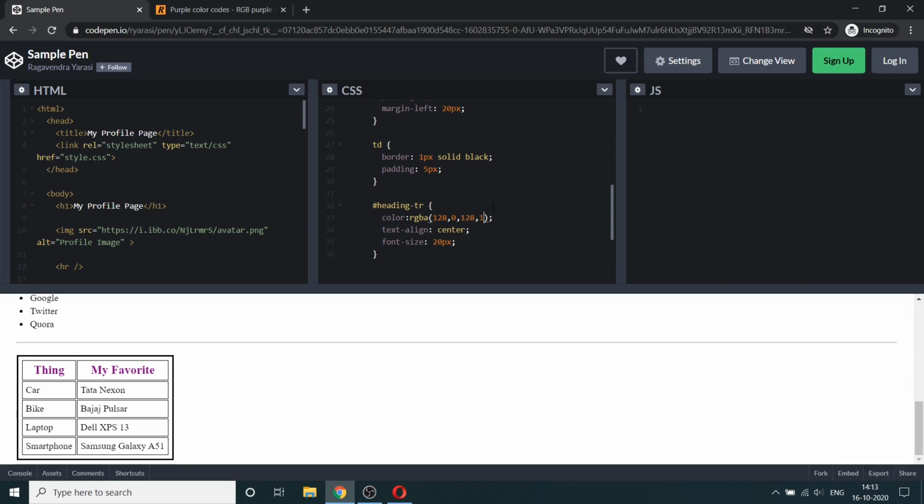But if you want to minimize the opacity, you'll say 0.5, or if you want to say 0.1, it'll be very mild. 0.2 will be a little denser than that. Like this, you can increase the transparency or the opacity. You can even give 0.75. So like this, you can change the opacity of your colors. So I hope this gives you some clarity over how to control the colors using different ways of specifying color in CSS.